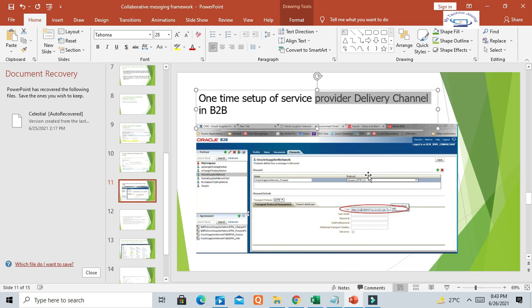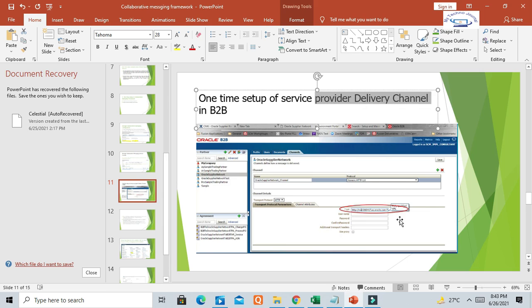And there will be a username and password. Once we send any message or transmit any outbound message, this delivery channel credential will be used, whether it's a production URL or test URL.